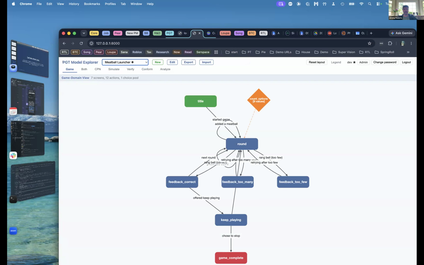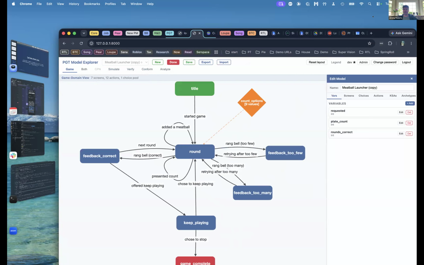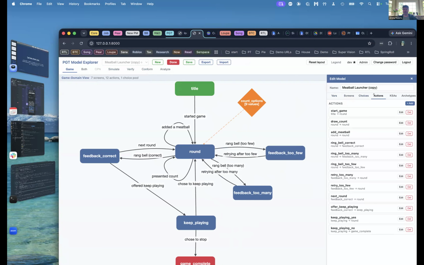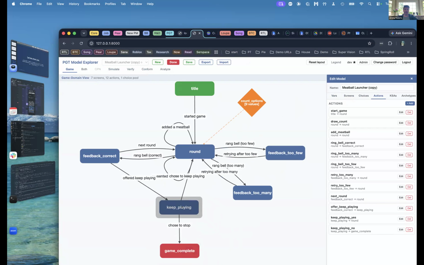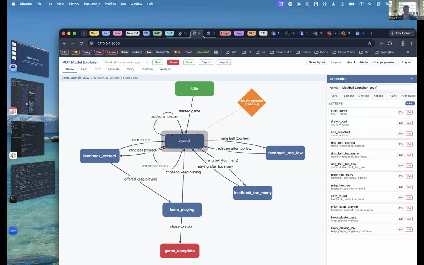Now, I am in the game view right now, and actually, let me go over here so I can click this. Hopefully you can see the edit pane well enough here, but we've got screens, we've got variables, we've got choices that can be made, actions that are possible in the game, and my hope was that I could allow someone to create a game model, someone that had already been working in the game space, that understood games, and that all this would look familiar.